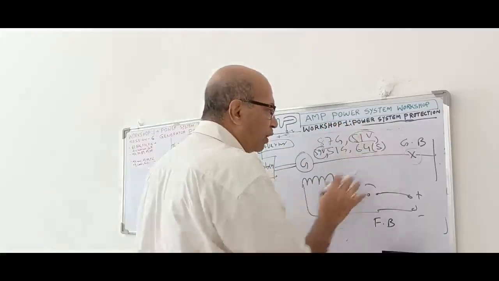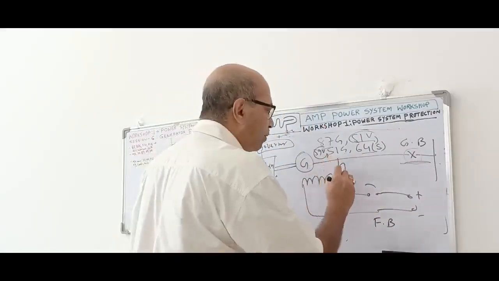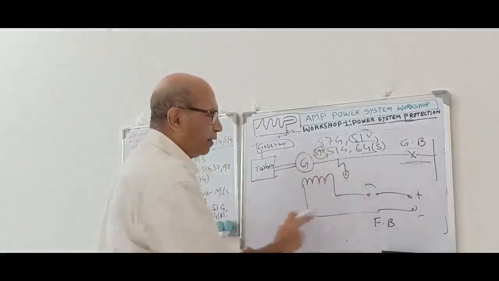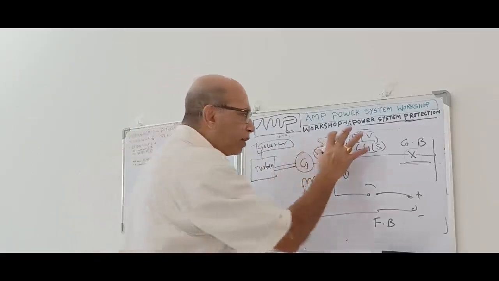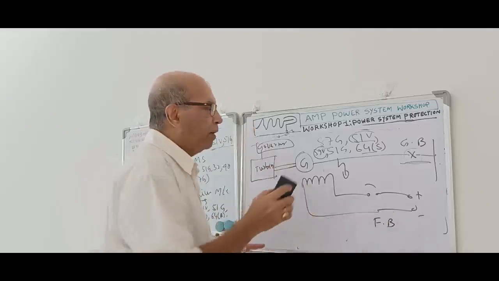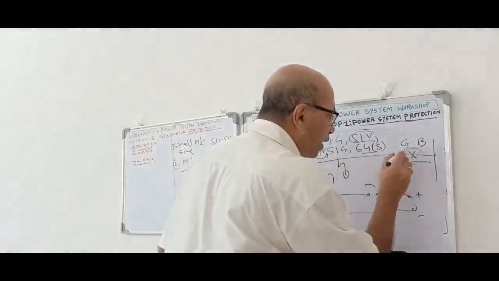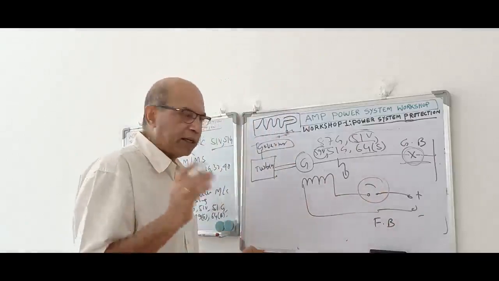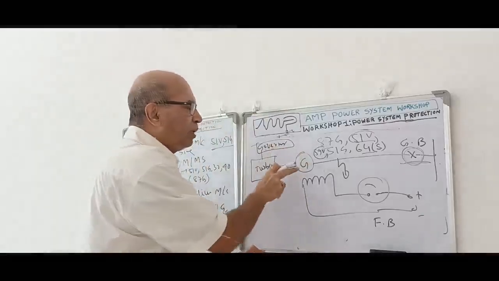If any of the protections operate, and at that time you just trip the generator breaker, then what will happen? Suppose the fault is over here. You trip this breaker, it got tripped, but ultimately the fault is continuously fed and the turbine is running with the fault feeding. So you cannot isolate the fault. So for this type of protection functions which are allocated for generator internal faults, on operation of that protection we have to trip the generator breaker, we have to stop the field injection, the field excitation has to be lost, excitation to be tripped, as well as the turbine to be tripped. So the machine will not rotate, so it cannot feed the power.